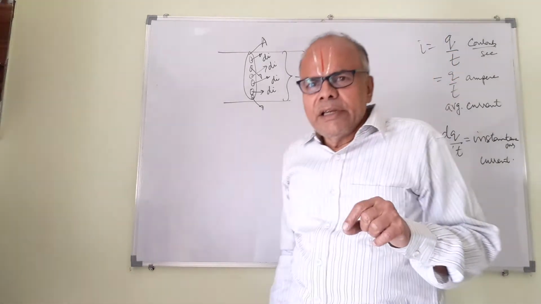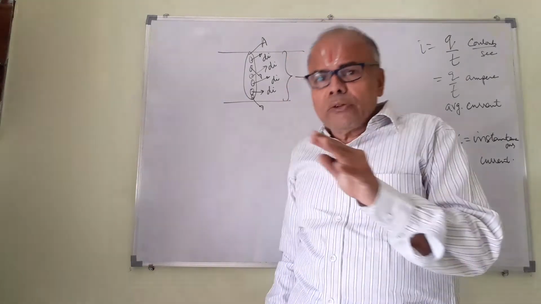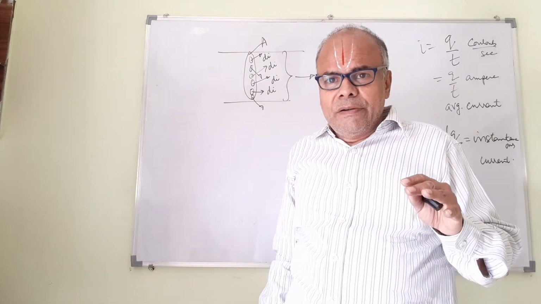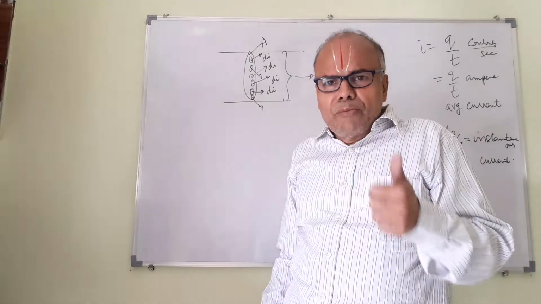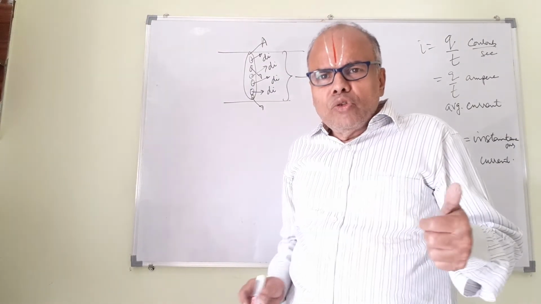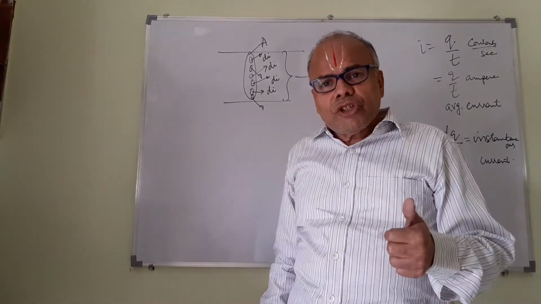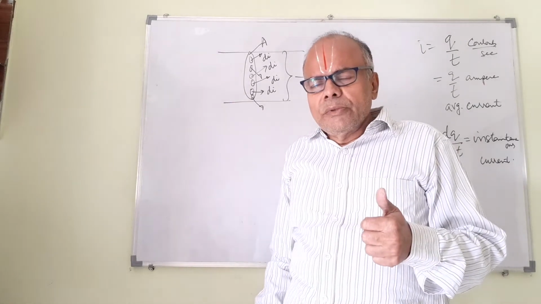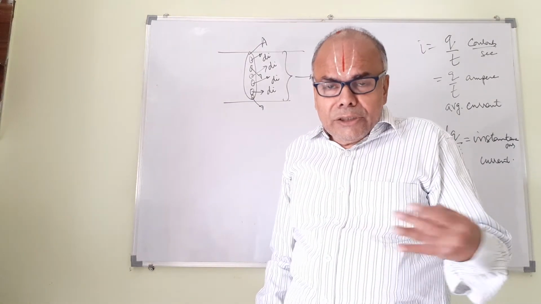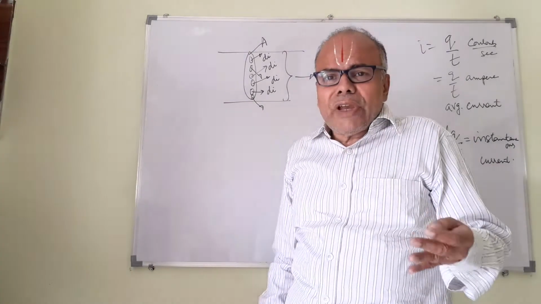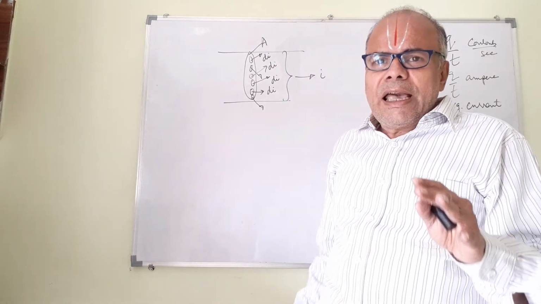What is the reason for that? It is because the charges which are there, they drift through the conductor because of an electric field. Electric field is a vector, and it is defined at every point. From point to point, the electric field may vary, but with a uniform electric field, it will be the same everywhere. So it is the electric field which moves charges. Therefore, since electric field is a vector and you want to relate it to the current, and current is not a vector, there is a need to define some quantity related to current as a vector.